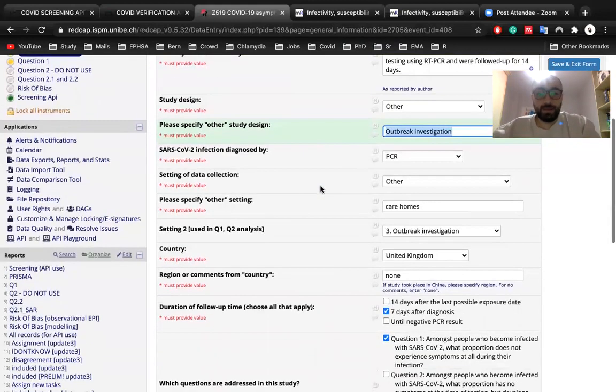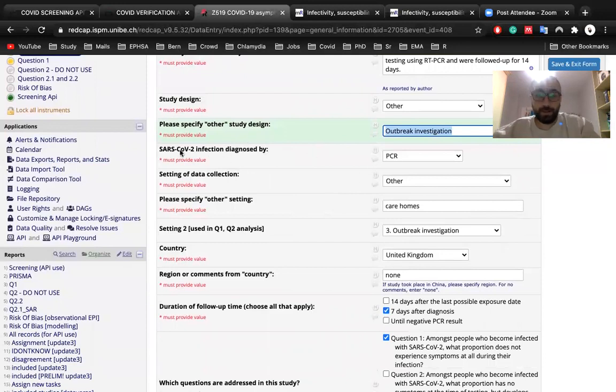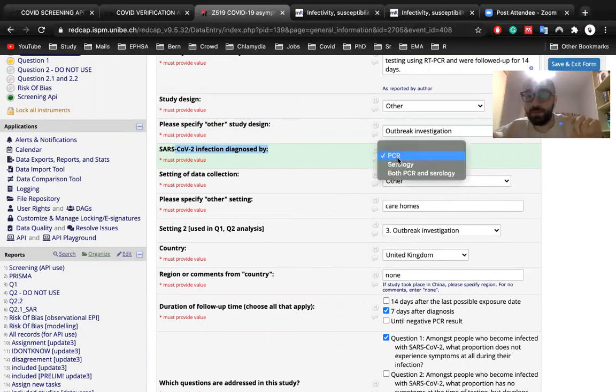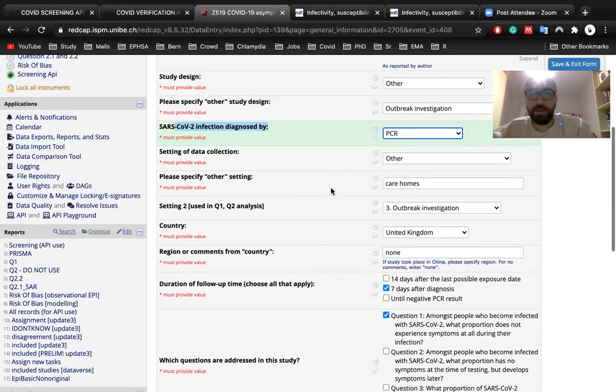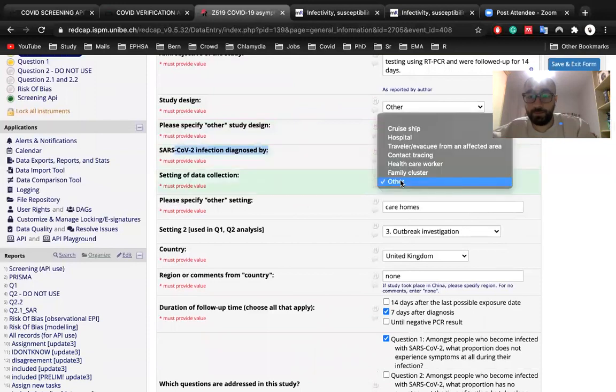Then we have the test diagnosed by PCR, obviously PCR, because that is in our protocol. But from the review before, it could be PCR and antibody. So this bit might change because it is unnecessary now. Anyway, then we have data collection, and we have different options